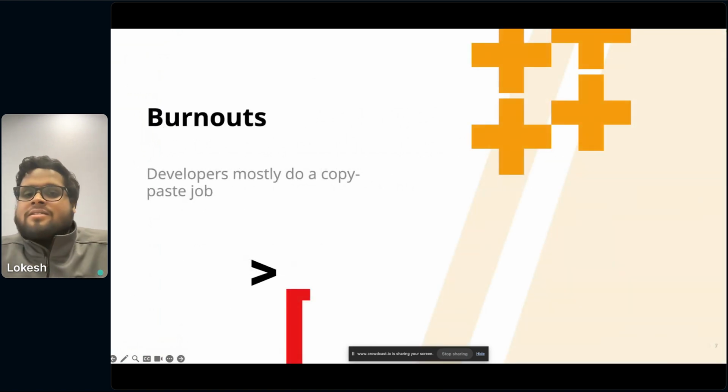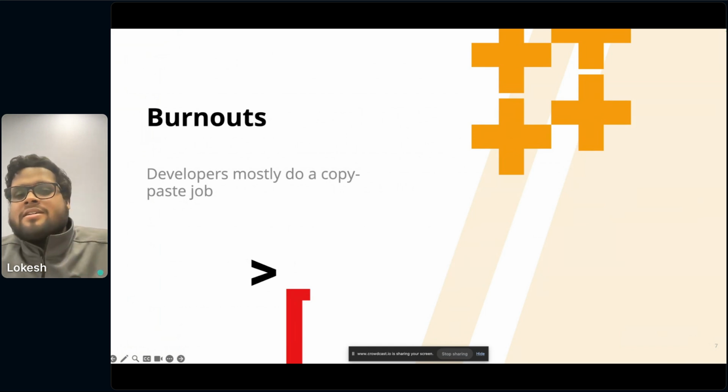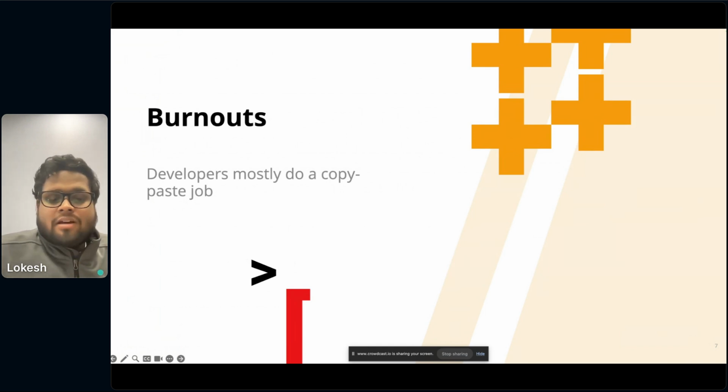Because of all these, developers face burnout, and developers don't like to do copy-paste stuff. I can guarantee you, they are mostly doing a copy-paste job, but they do not like it. So there was a recent study by JetBrains on this,